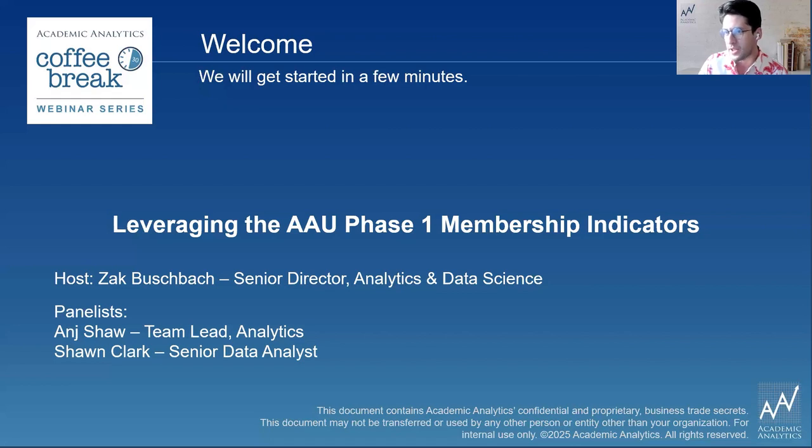I think we're probably looking good on population here, so I'm actually going to dive into our intro. By way of background, Academic Analytics has been the source of awards and books data for the AAU Phase 1 membership indicators for a number of years. And over the past probably 5 years or so, every fall when Academic Analytics releases the annual Academic Analytics database, something that we always received requests from a number of clients for was to receive awards and books data that mirrored the data that we provide to the AAU